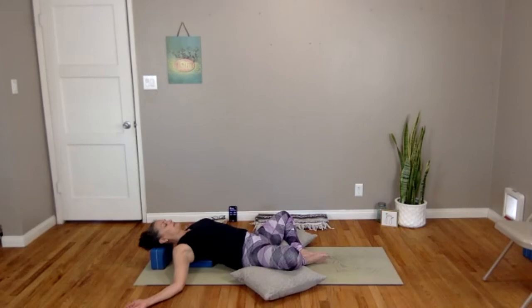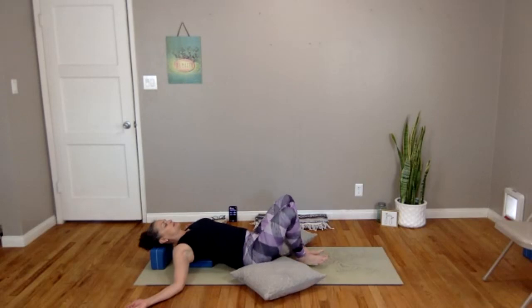We'll spend about another minute here. Give all of your intention and attention to your breathing, to your mantra. And we'll move very slowly and gently. You can bring your legs, knees up,